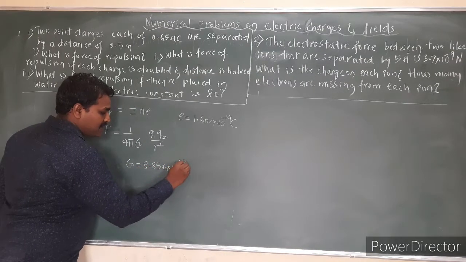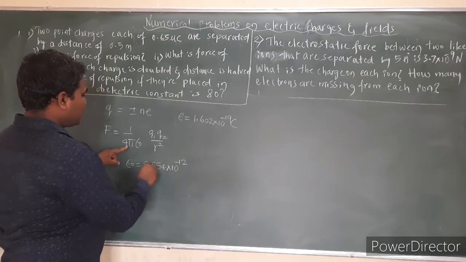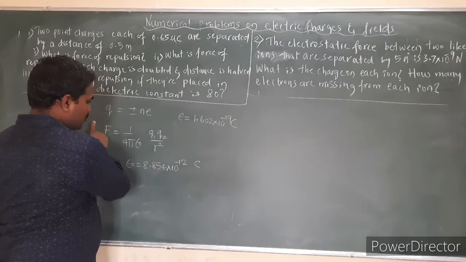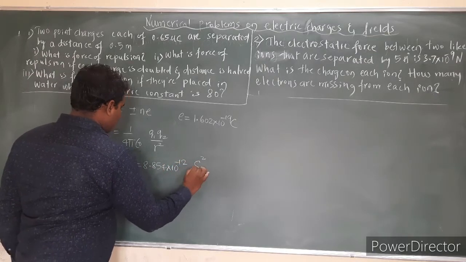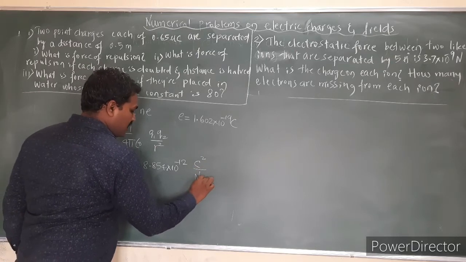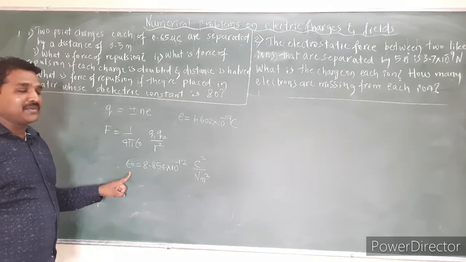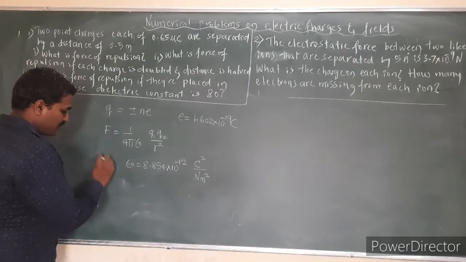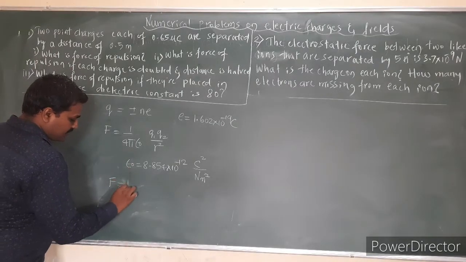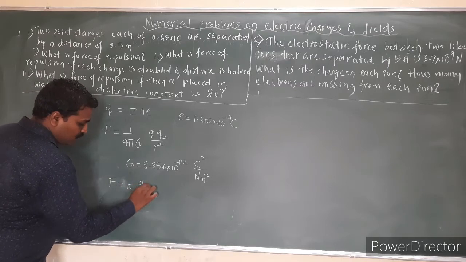the power minus 12. So what will you get here? If you take epsilon naught to the left side, I can write it as Coulomb square divided by Newton square meter square. So this is the value of absolute permittivity. By substituting this value here, we can simply write it as F is equal to K into Q1 Q2